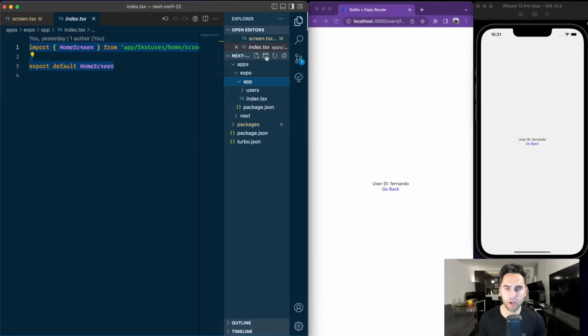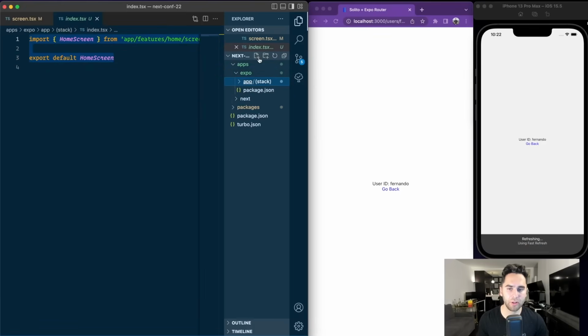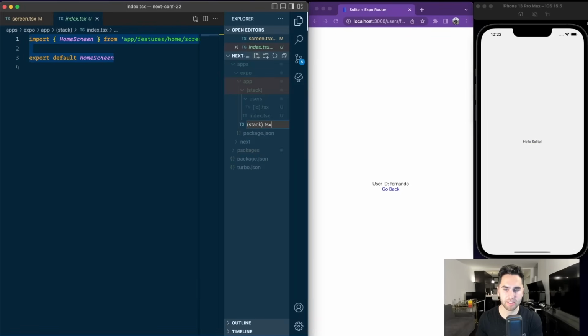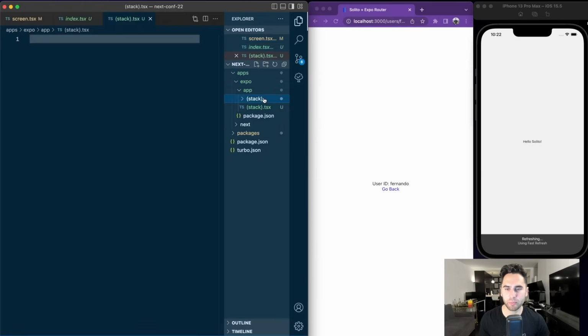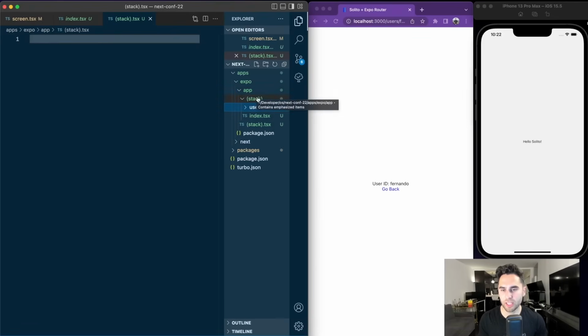First, in our app folder, I'm going to add a folder called stack with parentheses around it, and I'm going to drag my pages into that folder. Next, I'm going to make a file next to that folder with the same name, parentheses stack.tsx. This might look a little bit weird, but it's what Expo calls a fragment route. It lets you have layout components that don't affect the URL. In this case, because this is wrapped in parentheses, it won't affect the URL, and it'll still just be /users